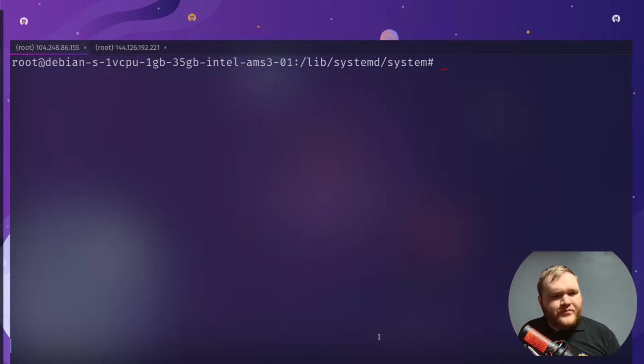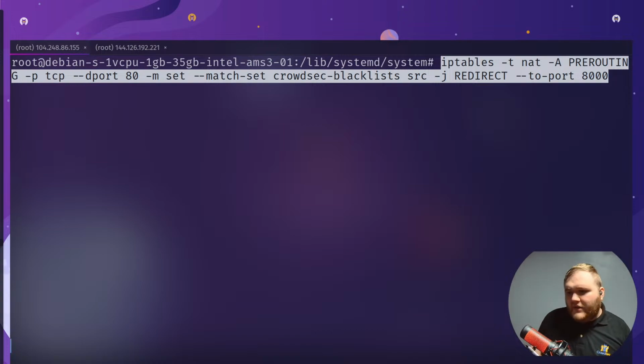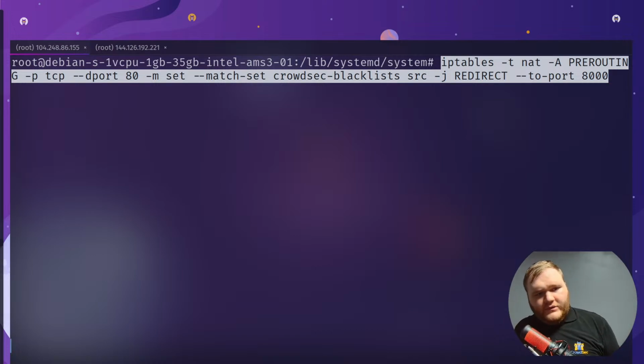If it lets me copy it, apparently. Okay, so I'm going to break down this command. We're doing the iptables command, picking the network address translation table, and appending it to the PREROUTING chain. We're basically saying that anything with the destination of port 80 that matches the CrowdSec blacklist, you remember when we did the configuration for the firewall bouncer, if it's coming from there,